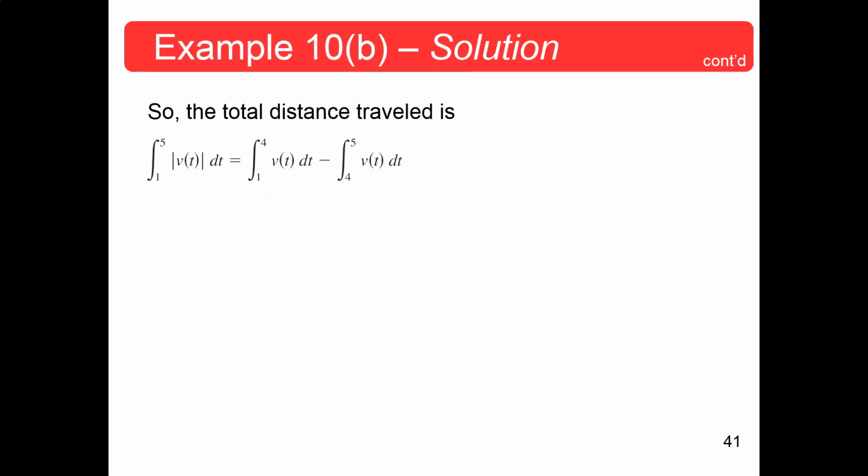So our integral then, the absolute value one, would be the integral of v of t from 1 to 4, because that's your positive amount, and then the opposite of that, the negative, from 4 to 5, because this would give you a negative displacement. Well, we negate that to give you a positive displacement. And I think we had done this next step, and we integrated.